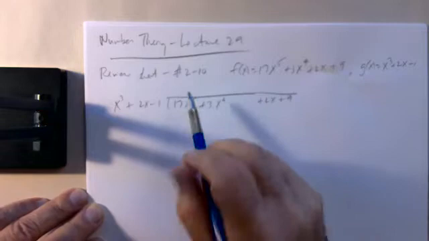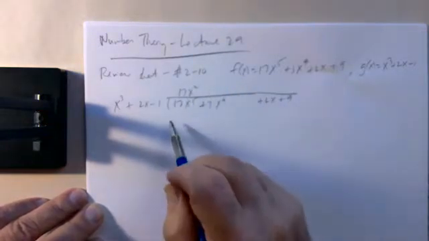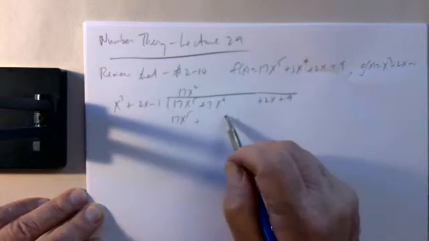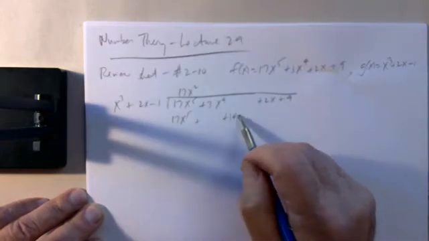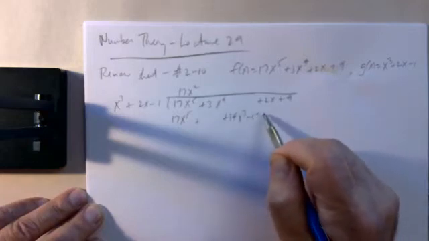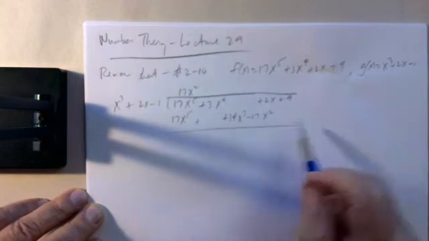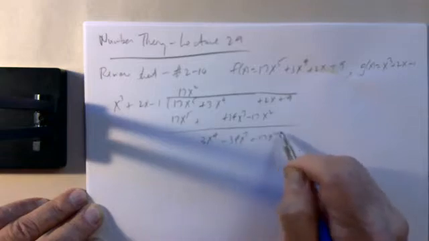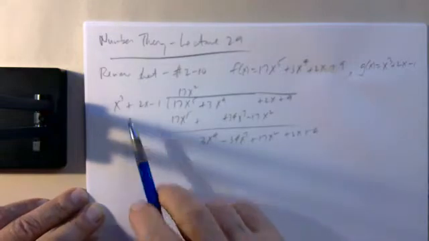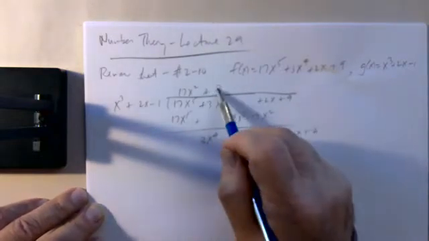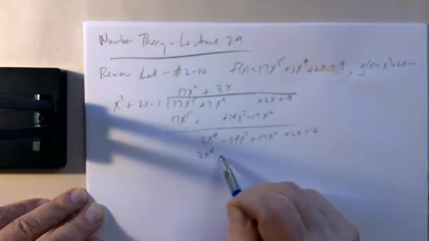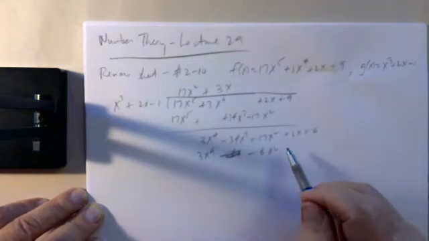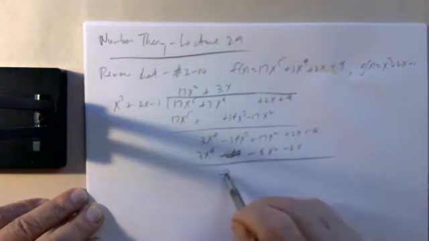So x cubed into 17x to the 5th goes 17x squared times, and you get 17x to the 5th plus 17 times 2 is 34x cubed minus 17x squared. So when you subtract, you get 3x to the 4th minus 34x cubed plus 17x squared plus 2x plus 9. When you divide x cubed into this goes 3x times. You get 3x to the 4th minus 6x squared minus 3x. When you subtract, you get